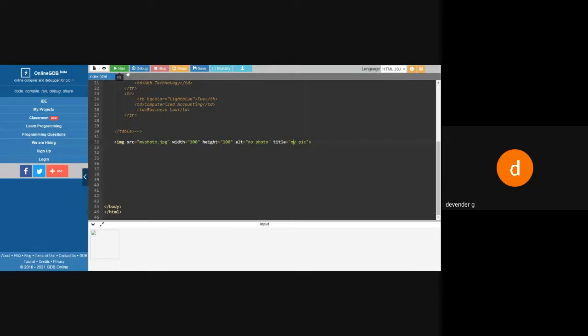Now let's execute this and you'll see the image. See here, I got no photo. The image is not showing, that's why it shows no photo. And if I put my cursor, you can see I'm getting the tooltip saying my pic. Are you able to see the code and the output? A single line is giving this much information. It says there is no photo and it is not matching with my pixel. So it's an advance of the image tag.